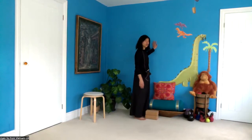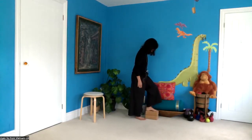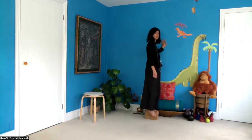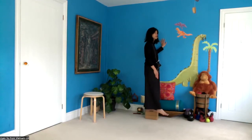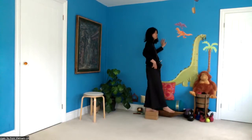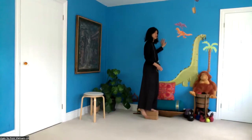And then we stand near the wall for a little bit of support. So we stand on it, very carefully, whichever way you feel comfortable. And then we play around with the dangling leg. So where can I feel my leg can hang without I have to hold on to my lower back or my hip, or any gripping or grasping to hold the leg. And when I find that,